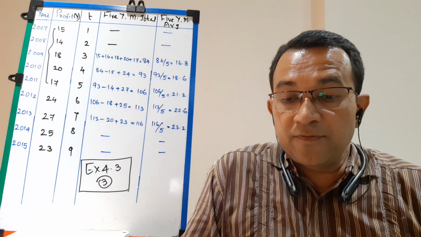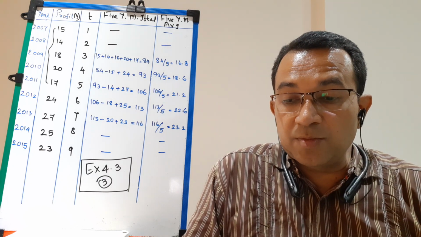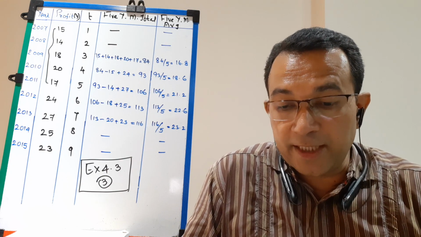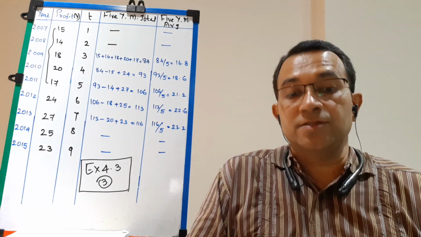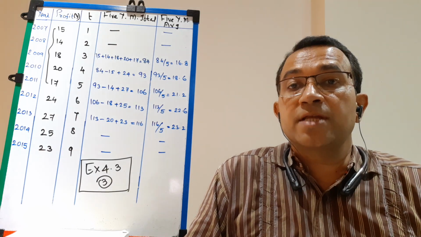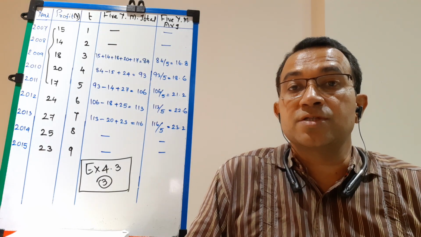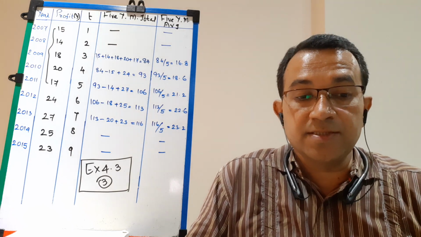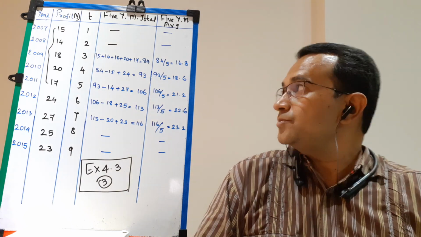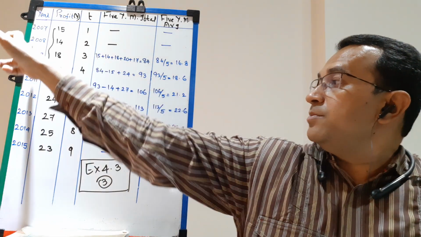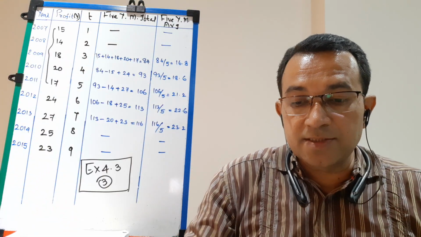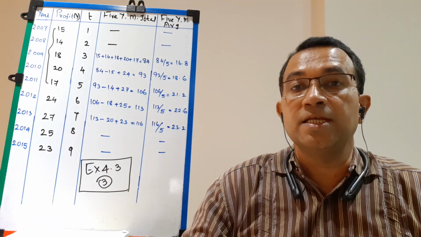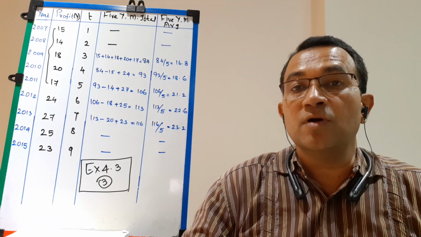I read the question. Find the trend using 5 yearly moving averages from the following data of profit in lakhs rupees of a trader in different years. So in this type of sum, students, directly we have to start. The table to obtain 5 yearly moving averages is as below. The first column will be of year. Check, the years are given from 2007 to 2015. We have 9 values of time period.